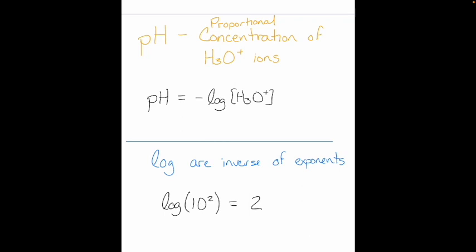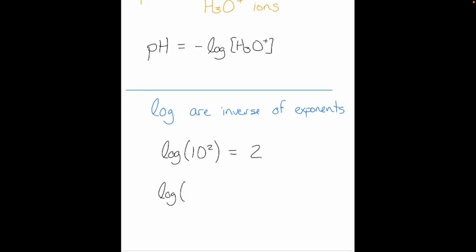Everybody take out your calculator. You have a log button. Back in the day, this is way before my time even, they actually had this tabulated in giant books to look up your log values. Now, of course, we have calculators to do it for us. Let's make sure we can find our log button real quick. Everybody's going to calculate the log of 0.001. Let's make sure we know how to use it. This is just the log of 10 to the negative 3, which would then be negative 3.